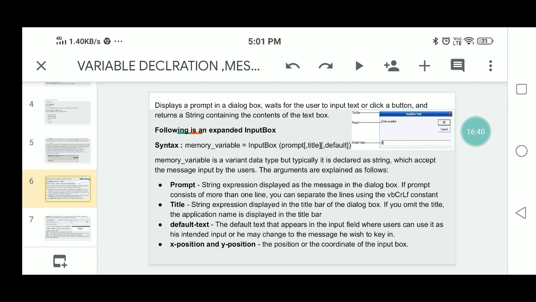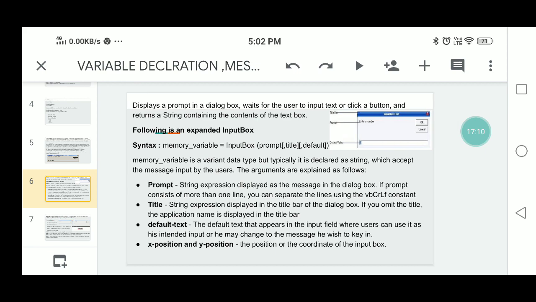Next, the title is a string expression displayed in the title bar of the dialog box. If you omit the title, the application name is displayed in the title bar. The next is default text.